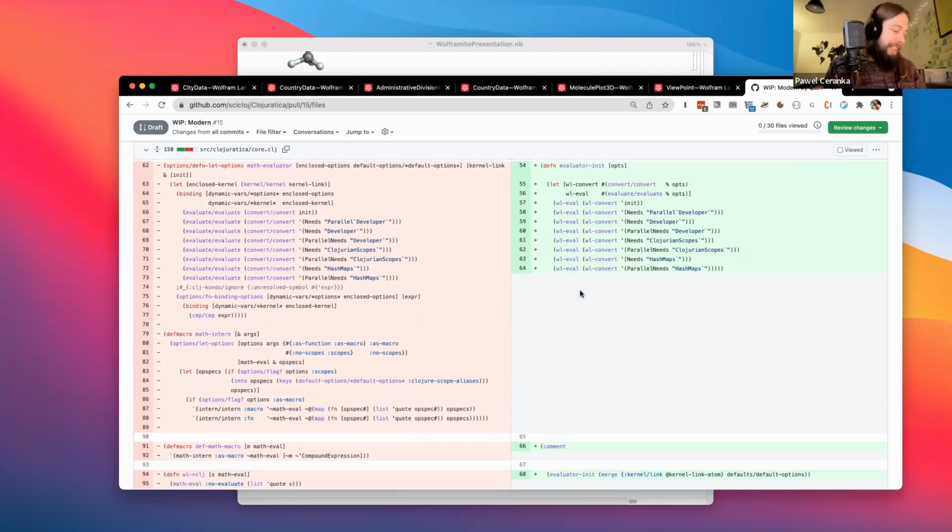It was just a necessity at some point. We really wanted to get this going before the conference. And one thing that we wanted to have was this translation between Clojure hash maps and Wolfram language associations. So I started working on this, and I was really struggling to add that. It looked like a simple change, maybe two places that I need to change, one in the path to the Wolfram language and one in the return path. But untangling how it goes through all this stack of macros was really difficult.